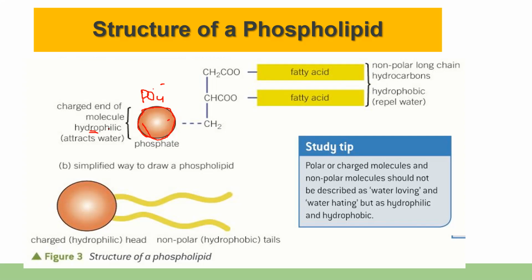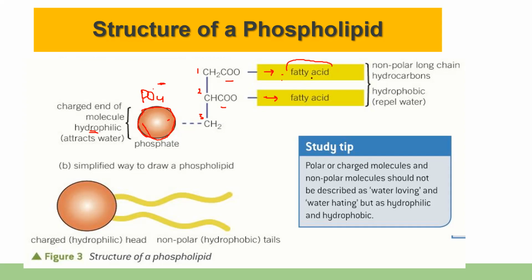If you recall from the cell surface membrane, we said that phospholipid heads are hydrophilic and the fatty acid chains are hydrophobic. So this part here, because it has a negative charge, will be attracted towards a positively charged water molecule. So this part becomes hydrophilic, right? And then this is the phosphate part attached to it. So this is glycerol, it's 1, 2, 3. To this part, phosphate is attached. To the other two, 2 fatty acid chains are attached. So this is chain number 1 and chain number 2, right?